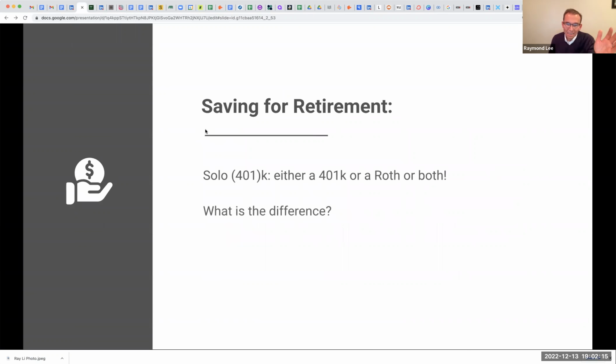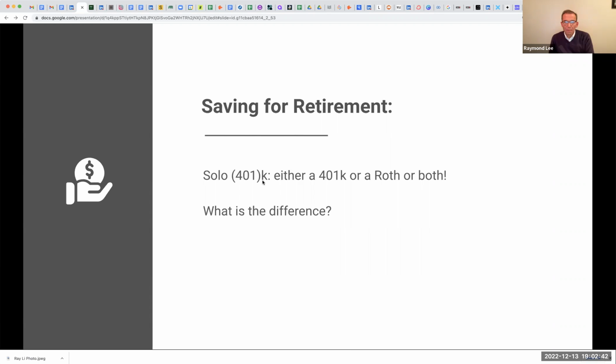The last thing. The one other great thing about employers is they have 401k plans that you can save for retirement. And one thing freelancers sometimes don't do is think ahead that way, that if they plan to be a long-term freelancer, they need to be doing something like that. But there's a thing called a solo K, which is a great instrument for doing that, for your own 401k.